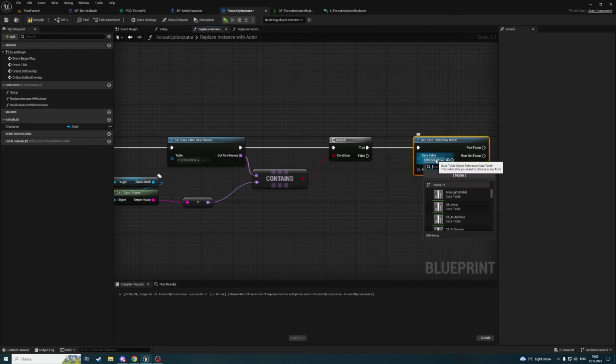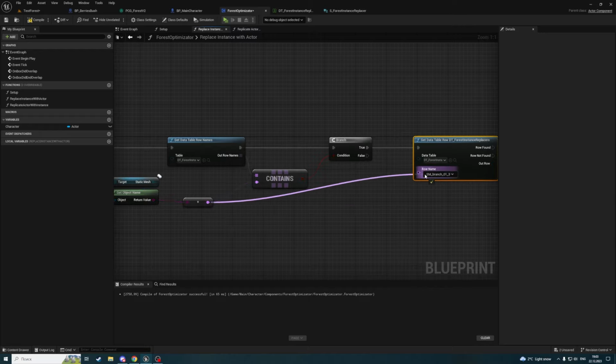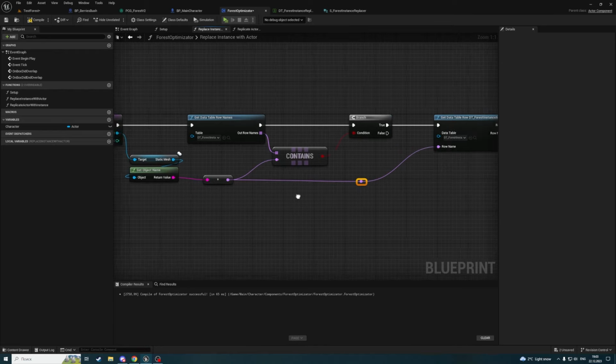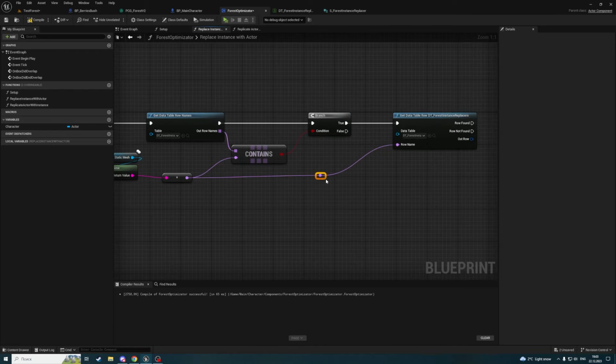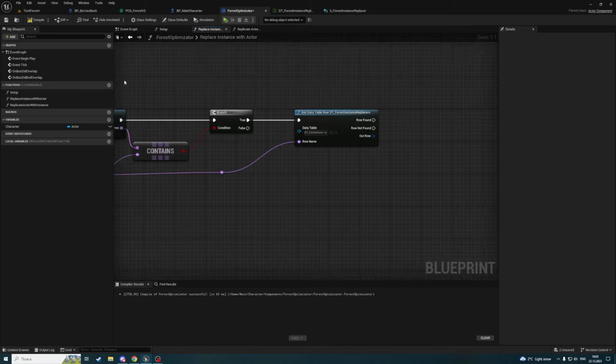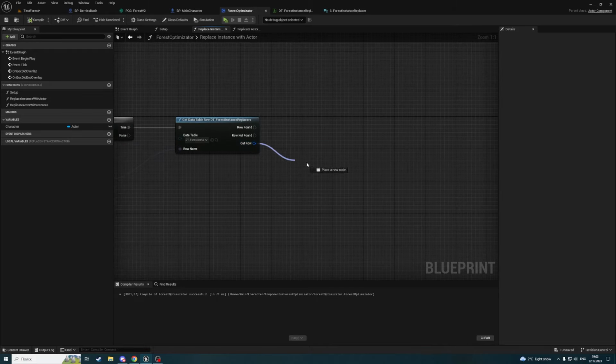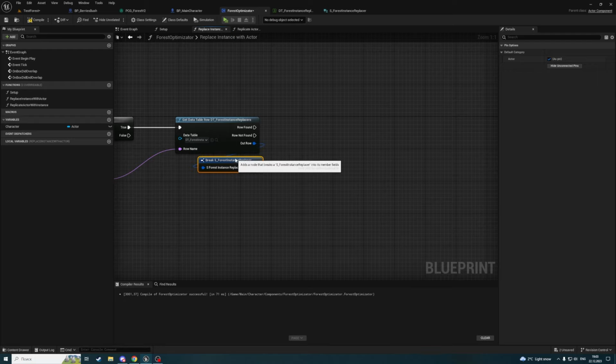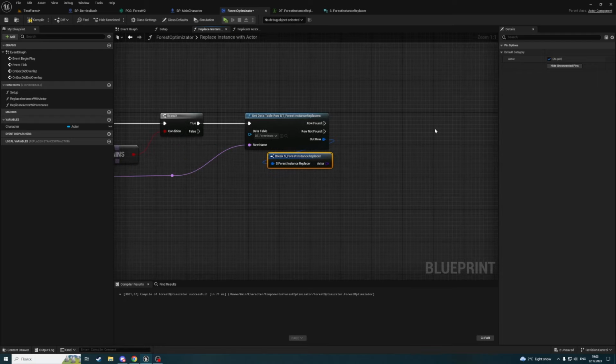The same data table, forest instance replacers, and the row name is going to be this name. So this object name converted to a name type, and we will receive an out row. And if we break it, we will get a class of an actor that we need to spawn. So let's spawn an actor,